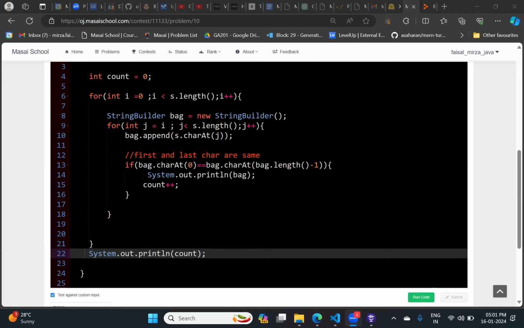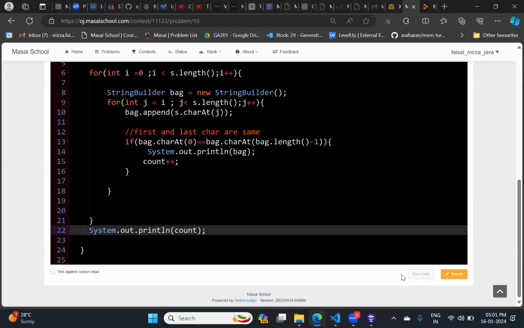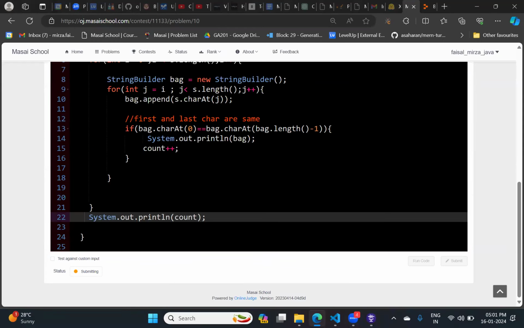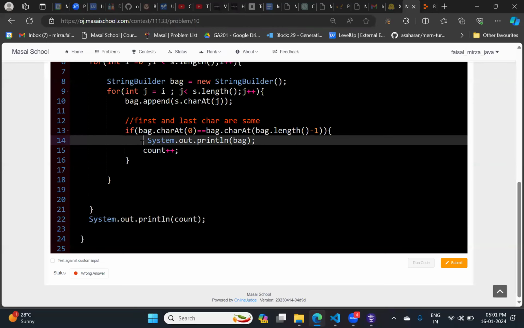Yes, clear. Okay, so let's try to submit and let's take the doubts as well. Just let me submit it and we'll take the doubt. There is a problem because I am also printing all the substrings, so let me comment that out and submit it again. Okay, thank you, Shubhankar. Yeah, you can mute.